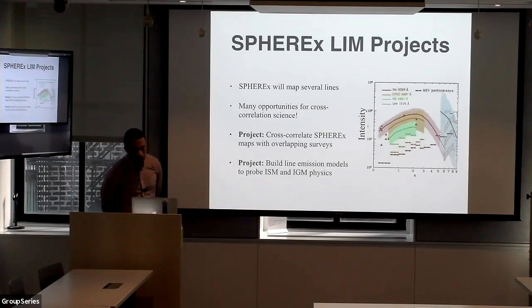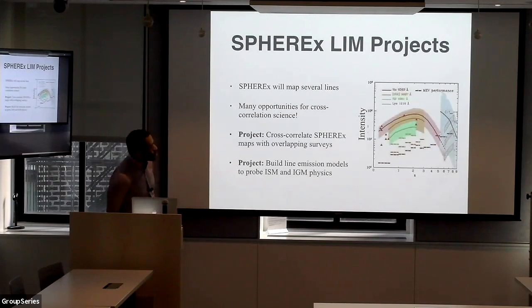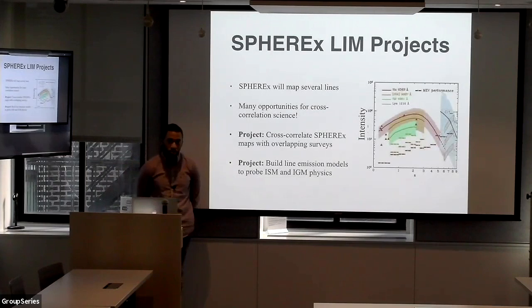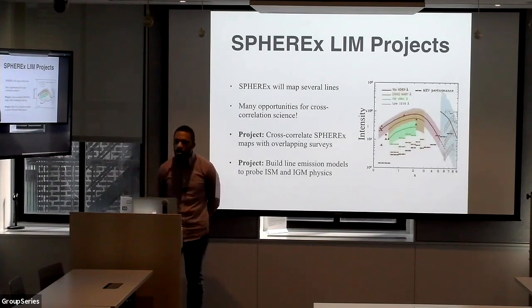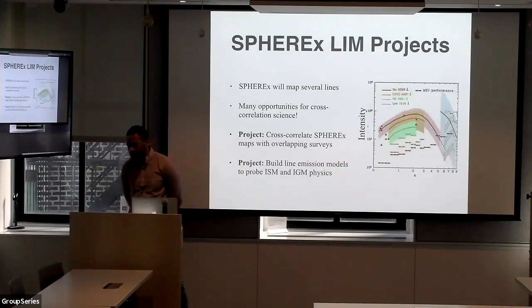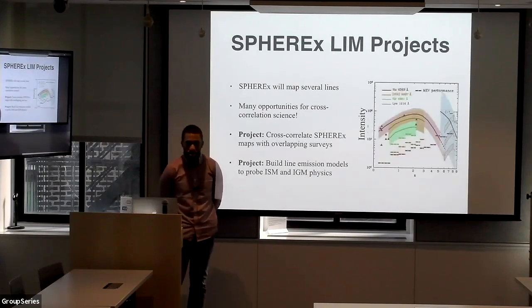In particular, for the H alpha survey, hopefully with the Lyman alpha line, you can cross correlate that with intensity mapping surveys from reionization. In particular, what you'd want to see is, one possibility is to see Lyman alpha, which is tracing the ionized regions in the epoch of reionization, cross correlated with 21 centimeter, which is going to trace the neutral hydrogen in the epoch of reionization.